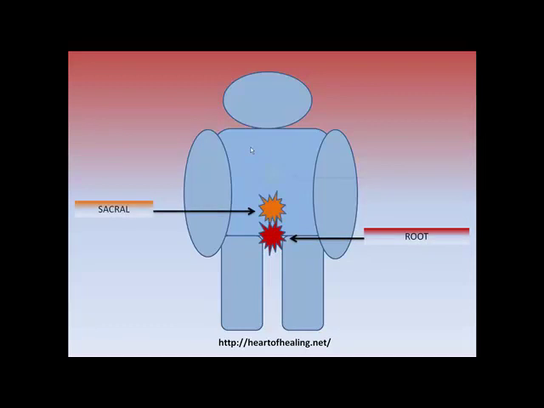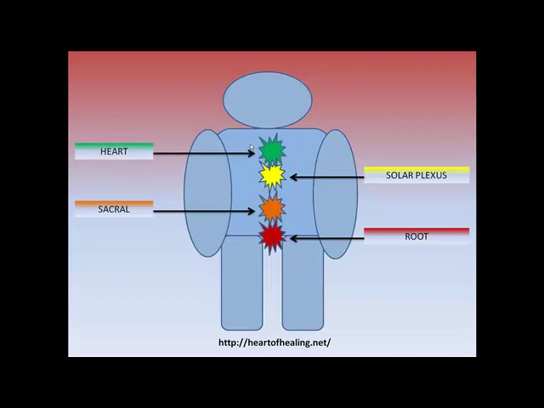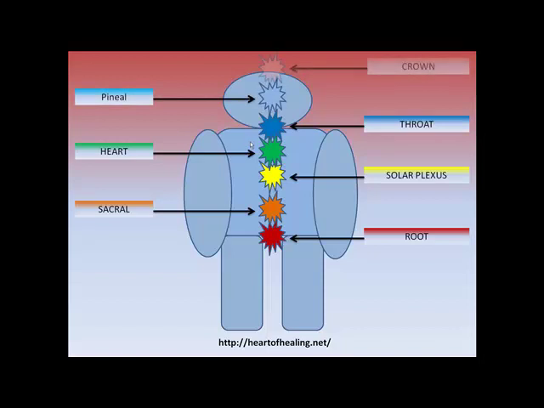We have to also include the understanding of what chakras are. Chakras are those points that connect our physical with our astral bodies. Most of us have studied those, and there are 7, including the root, the sacral, the solar plexus, the heart, the throat, the pineal gland, and of course the crown. Each one of these has different frequencies, and surrounding them are different colors.